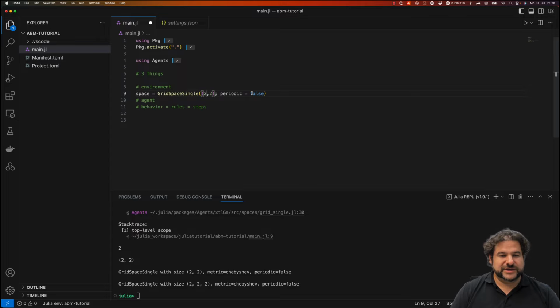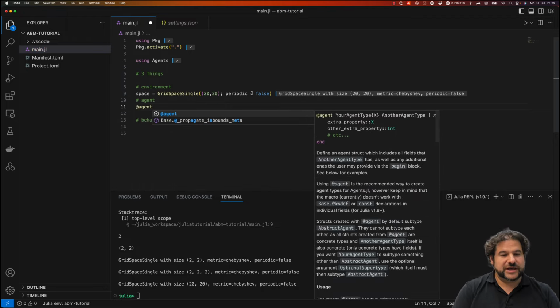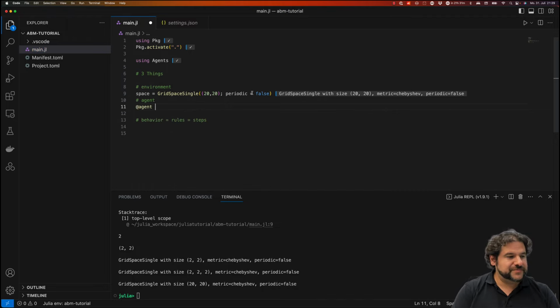So let's say we have a GridSpaceSingle, and we'll do it 20 by 20, and this is the smallest possible grid space. We can move smaller, but we have now a 20 by 20 lattice where on every node we can only have one agent. And since we're on a lattice, we should also have an agent, and we are using the agent macro. We're giving it a name, and I think for a good name we can either say person, and yeah, let's say person, and the person should